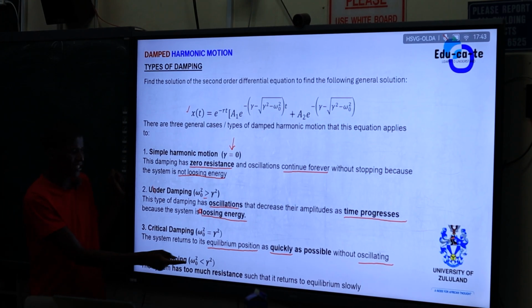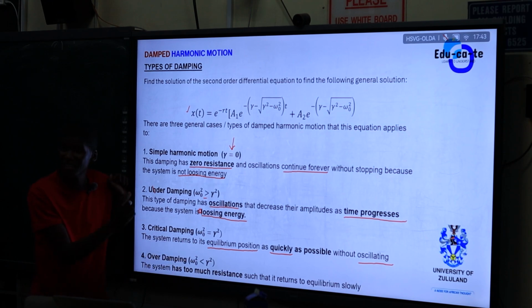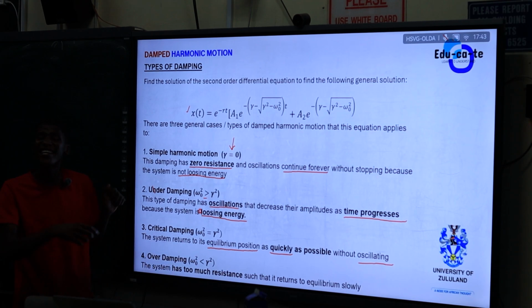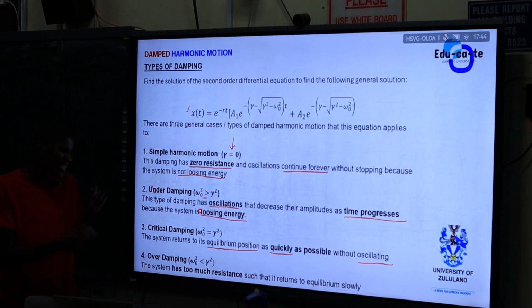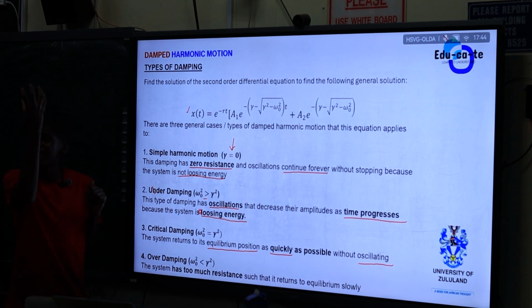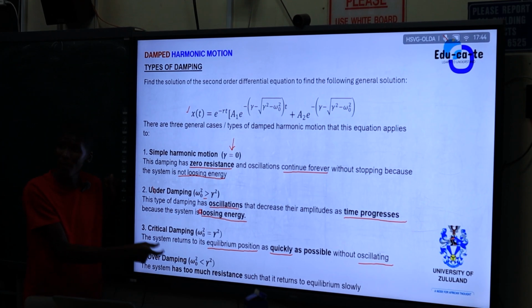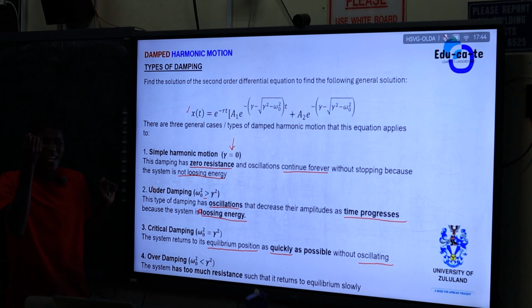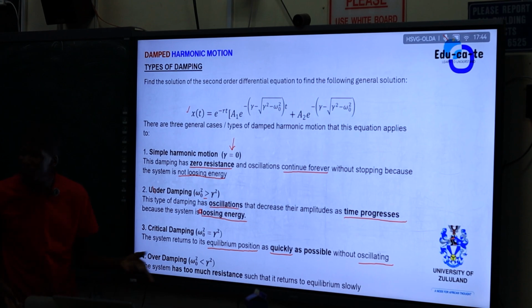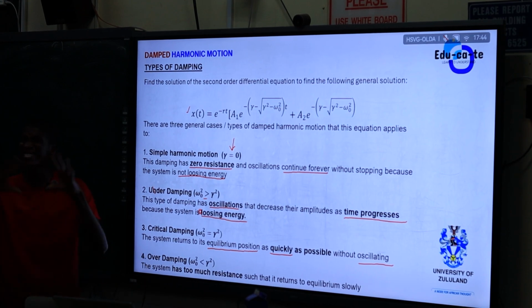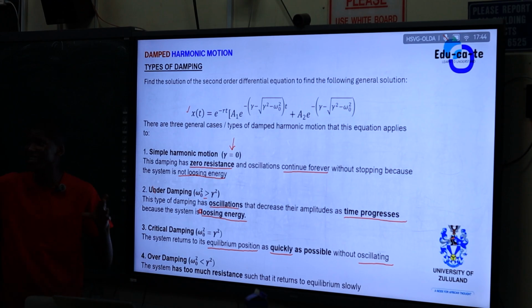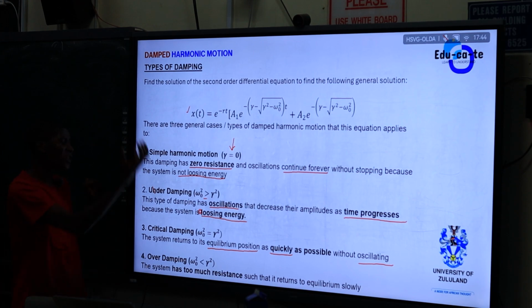So that resistance, the damping coefficient gamma squared, is way bigger than the natural frequency. A natural frequency is just the frequency that this would be oscillating with when you pull it, like after applying a force, you are giving this omega naught. So when you let go of your block, what will happen to it if it is overdamped? The resistance of the external environment is too much compared to the frequency that you gave it.